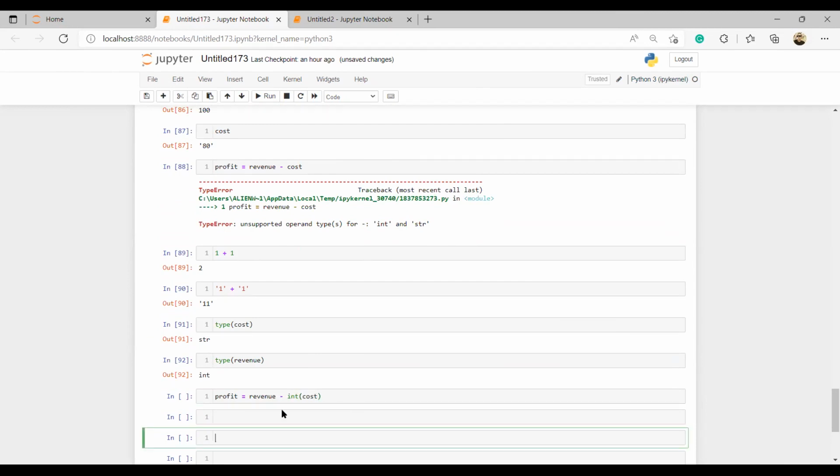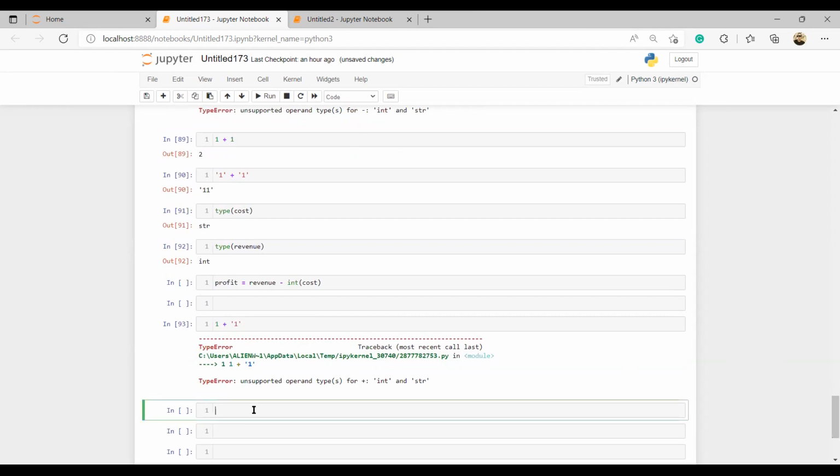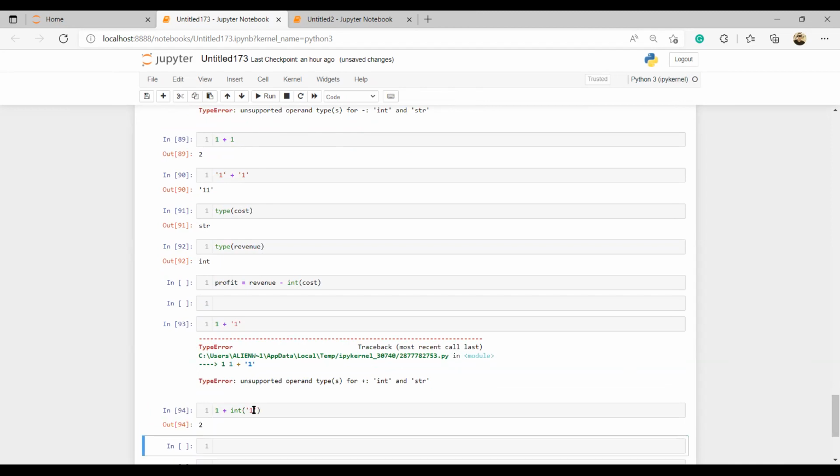Just like if I say 1 plus 1, what will it give me? Error. But if I have 1 plus integer of 1, what will it give me? 2. You can also just redefine it and say cost is now 80.